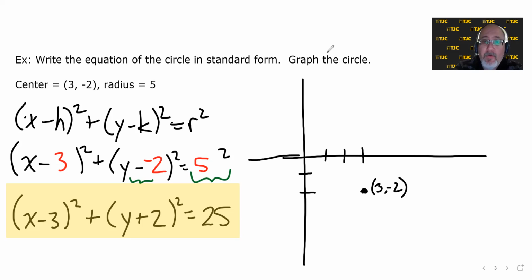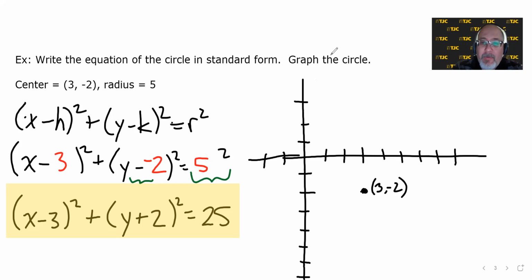We could go up. Actually, before I do this, let me put some more marks on the axis. 2, 3, 4, 5. 1, 2, 3, 4, 5. And if you're wondering why I counted to 5, I'll give you a hint. What's the radius? All right, so from the center, just go 5 in 4 different directions: up, down, left,